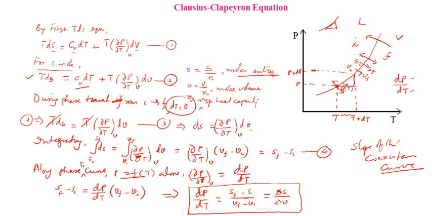We can use this equation in studying phase transitions. For example, dP/dT can be calculated from the experimental curve, and using that you can calculate ΔS for the system, provided you know ΔV. So that's the derivation of the Clausius-Clapeyron equation by the first method. We will derive this equation by another method in the next session. Thank you.